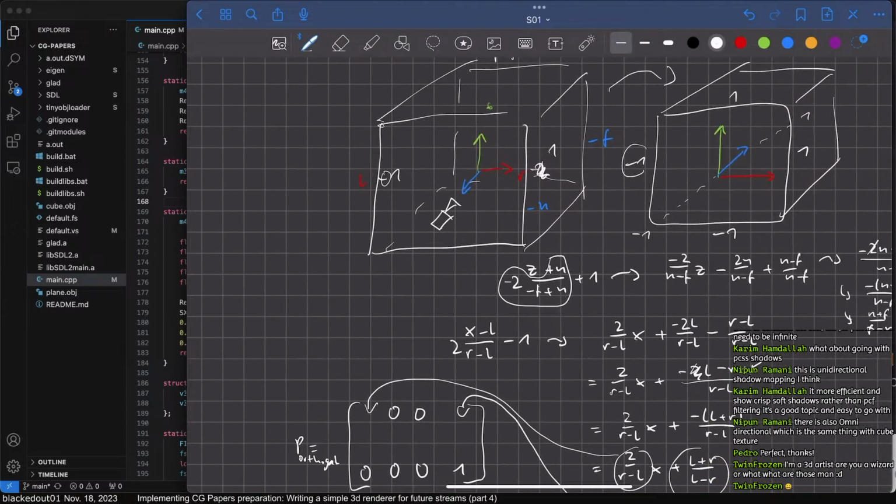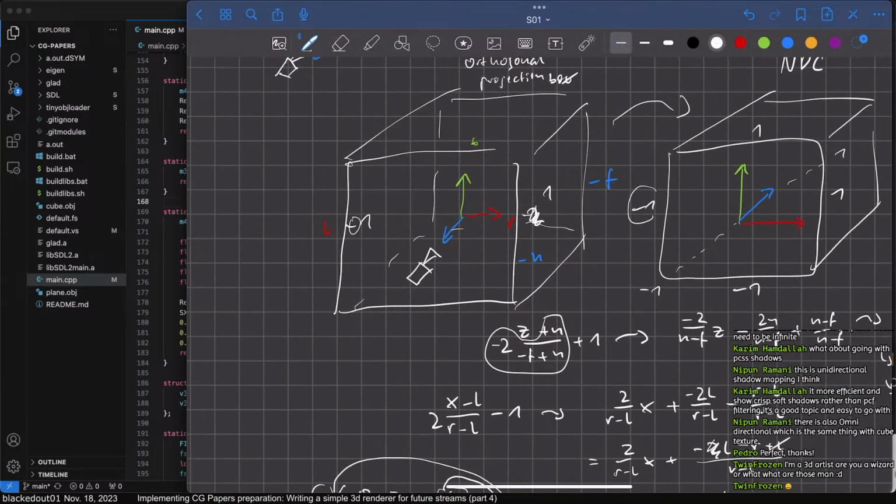So I think the mistake was that I subtracted -1 from here, but the problem is that -1 is not